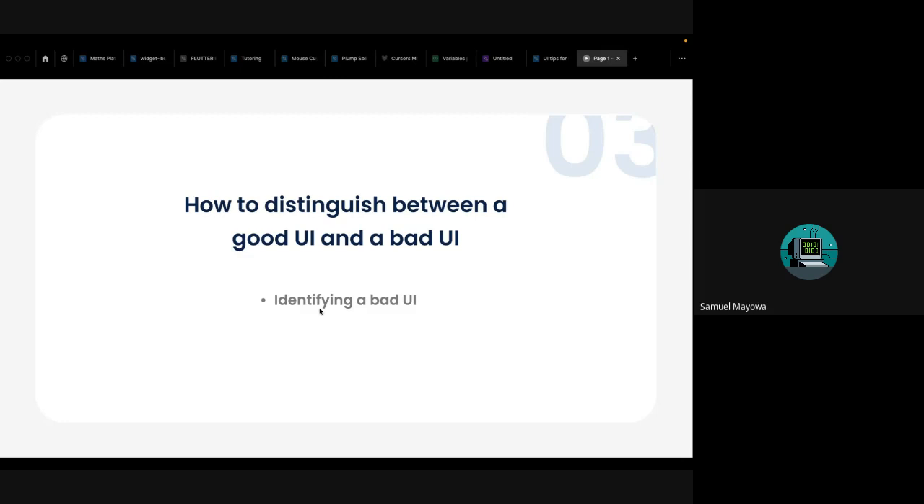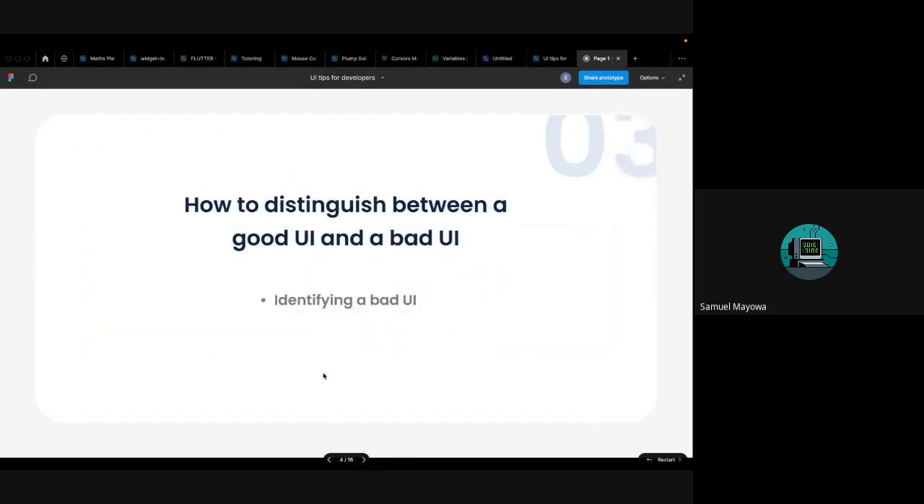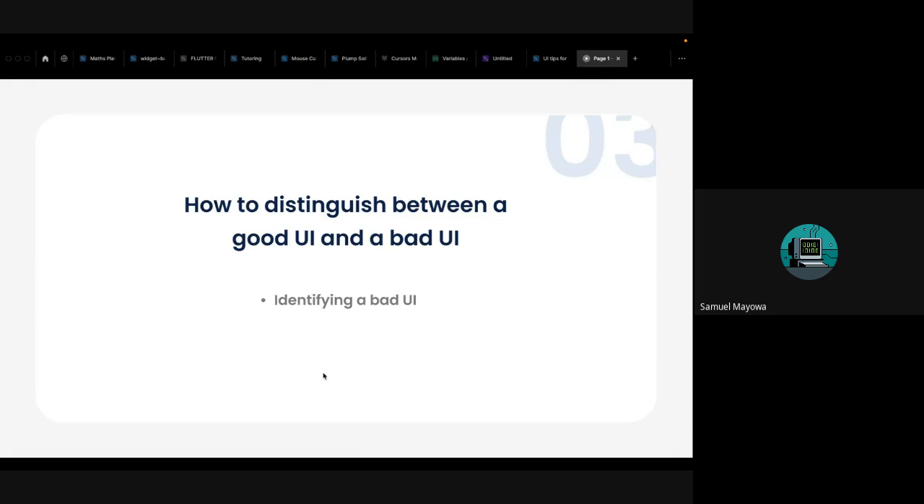But now, let me see what's the next slide. Let me just move on. So now let's say you've trained yourself, or some people are just naturally good at this skill, like knowing good UI from bad UI. But now the issue with just knowing good UI from bad UI and not knowing why is that,